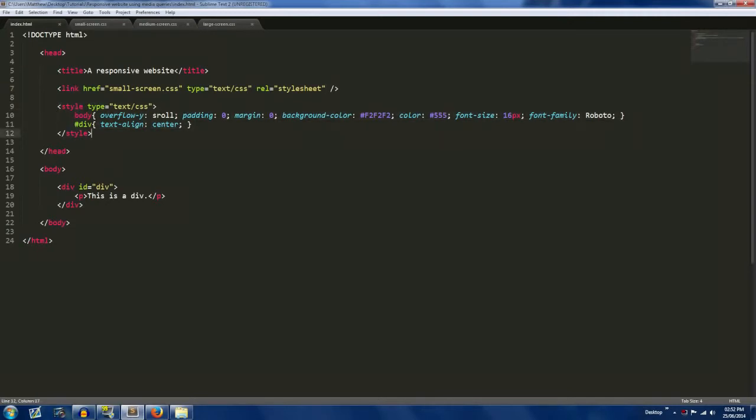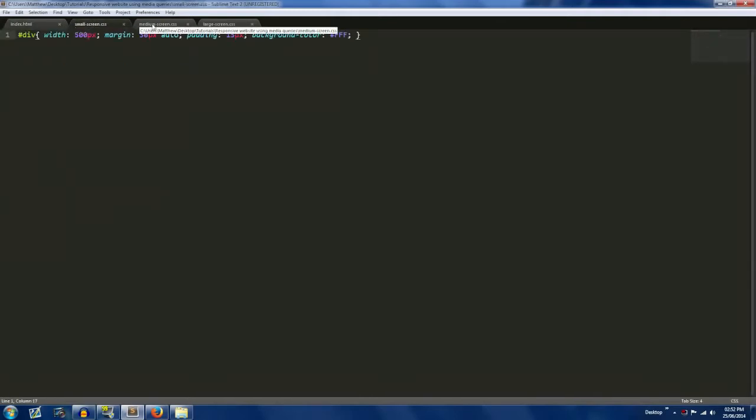So as you can see, I've got some styling set up in the head, which can be ignored. It's just for appearance purposes. I've got a div with an ID of div. And obviously, as you can see up here, we've got small screen.css, medium screen.css, and large screen.css. They're all pretty much the same, apart from the width. This has a width of 500 pixels, 1000 pixels, and 1400 pixels. So basically the way this works is we're going to add something into the HTML, which is going to change which style sheet to use,